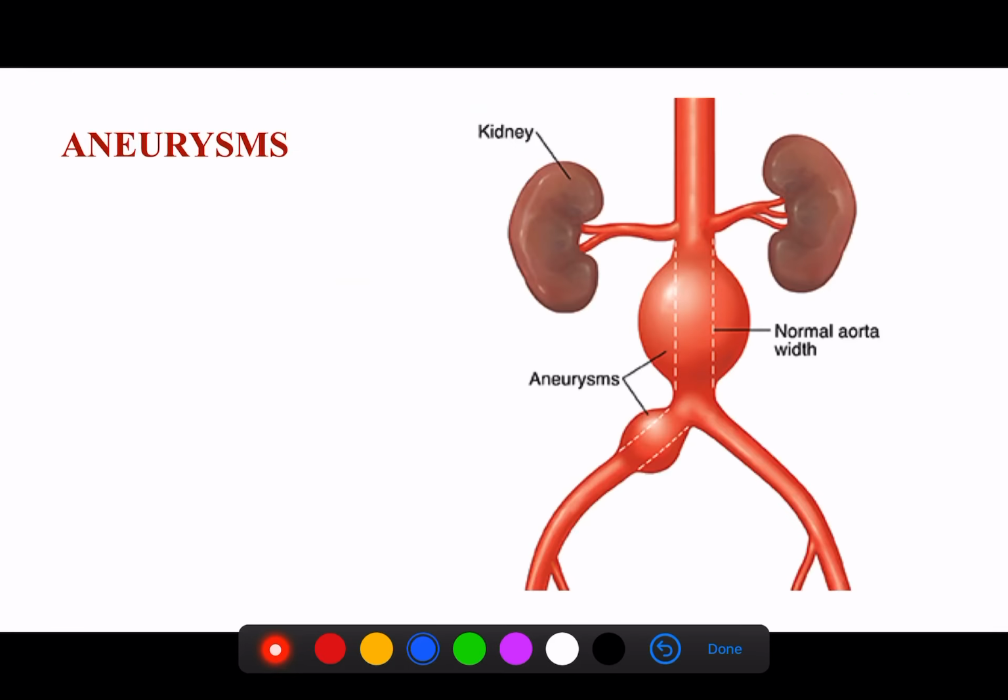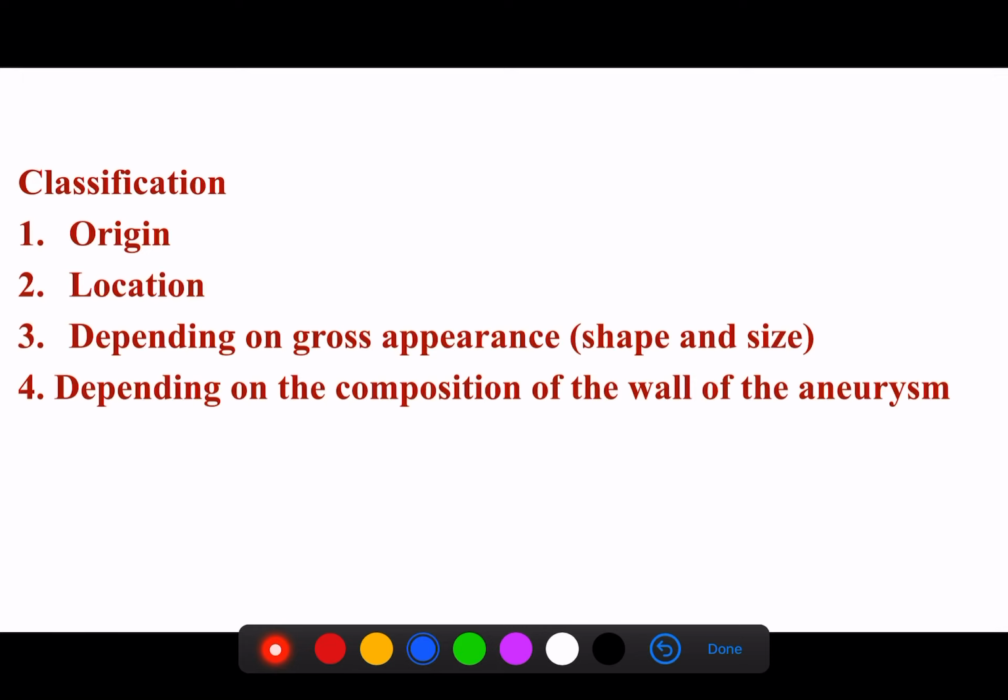In the next slide, we will talk about the aneurysm. Aneurysm, by definition, means dilation within a blood vessel. Dilation of the blood vessel due to weakness of the wall. Aneurysms are classified depending on the origin, the type of artery involved, and on the location: thoracic aneurysm, abdominal aneurysm,